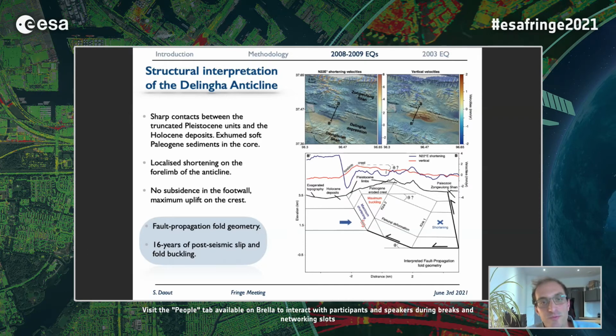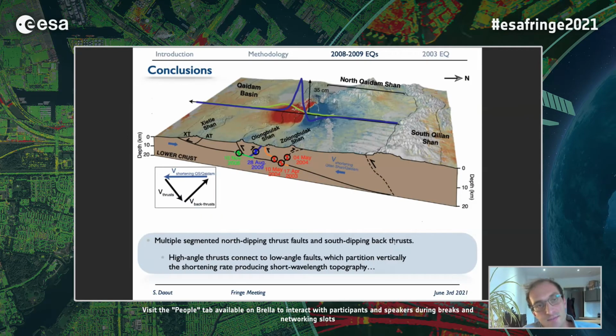And if you want to go farthest, you could say also that if this long-term surface displacement observed with Sentinel is equal to the long-term deformation of the fold, maybe you could also infer that the surface displacement gradient can give you some insight into the geometry of the fault at depth using some kinematic law of fault propagation fault. So to conclude, I hope I show you here that